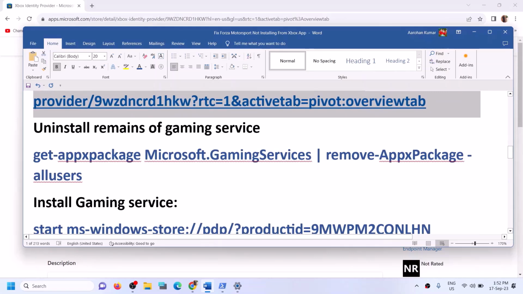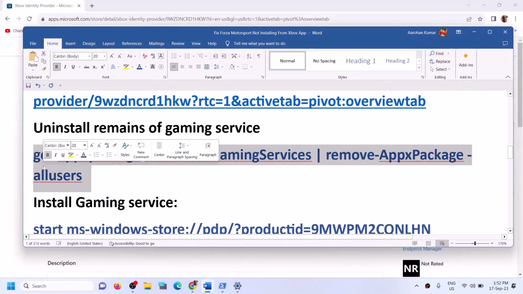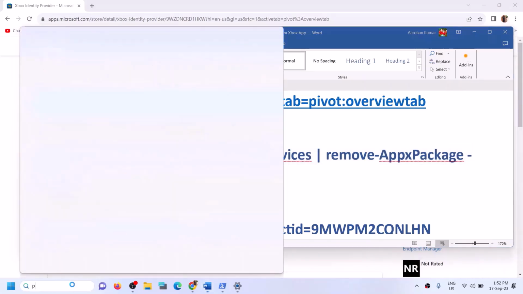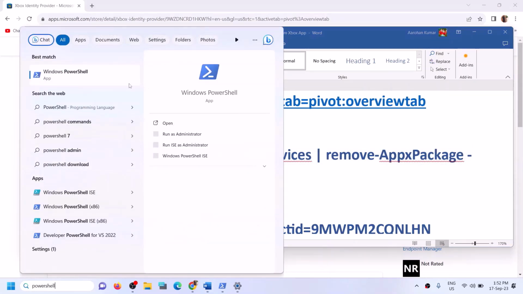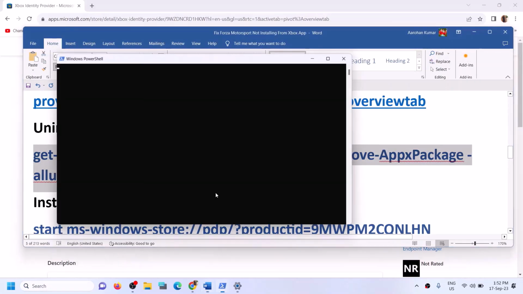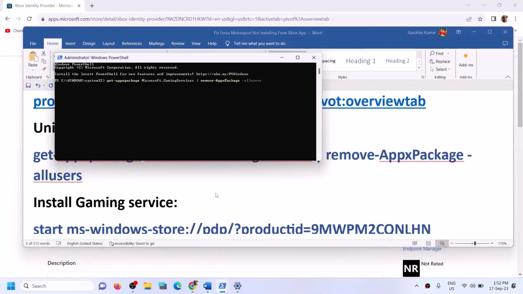So the next step is to uninstall and reinstall Gaming Services. So copy this command. This command is provided in the video description. Type in PowerShell in Windows search box and then make a right click on Windows PowerShell and then click on Run as administrator. Make sure that you always open PowerShell as an administrator. Click on Yes to allow and then paste the command over here. Hit the Enter key. This will uninstall Gaming Services